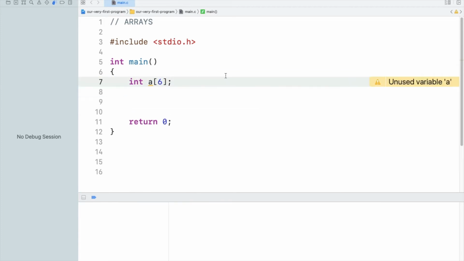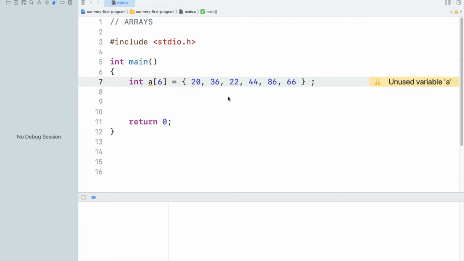Now how can I fill up those 6 spaces? For initialization of an array within the declaration, you write equals to and curly braces, and then give six different integer numbers separated by commas.